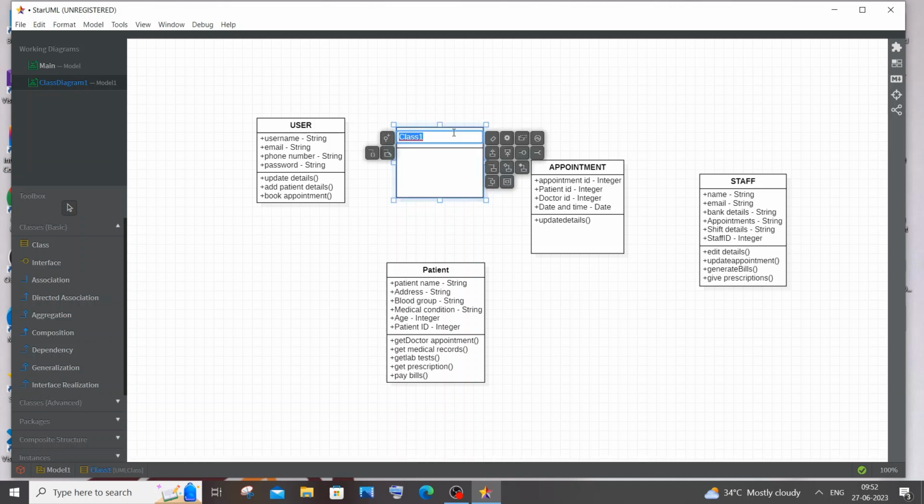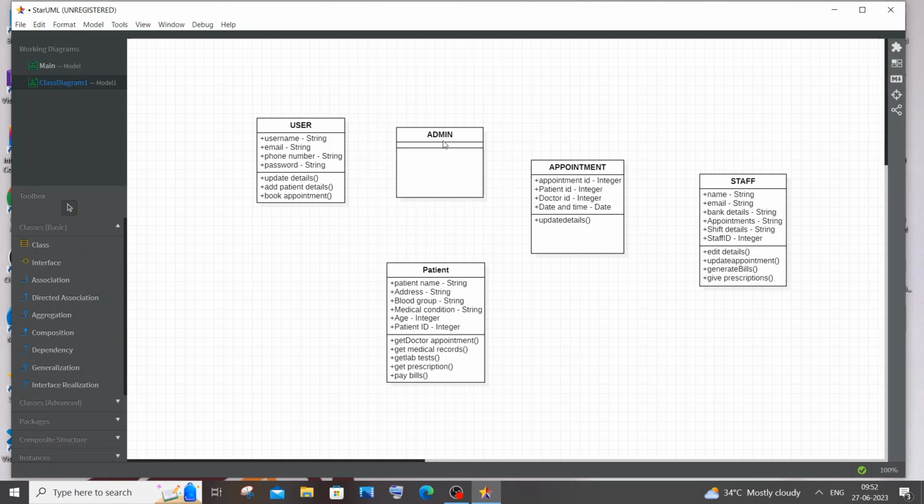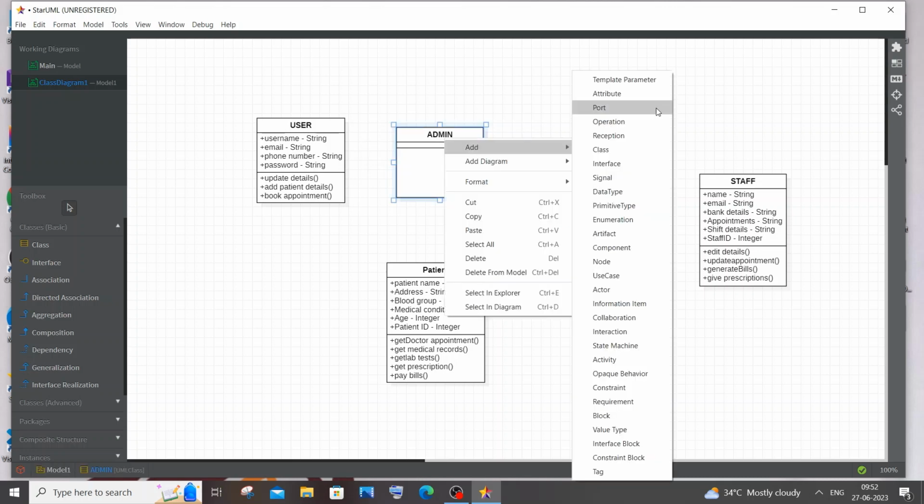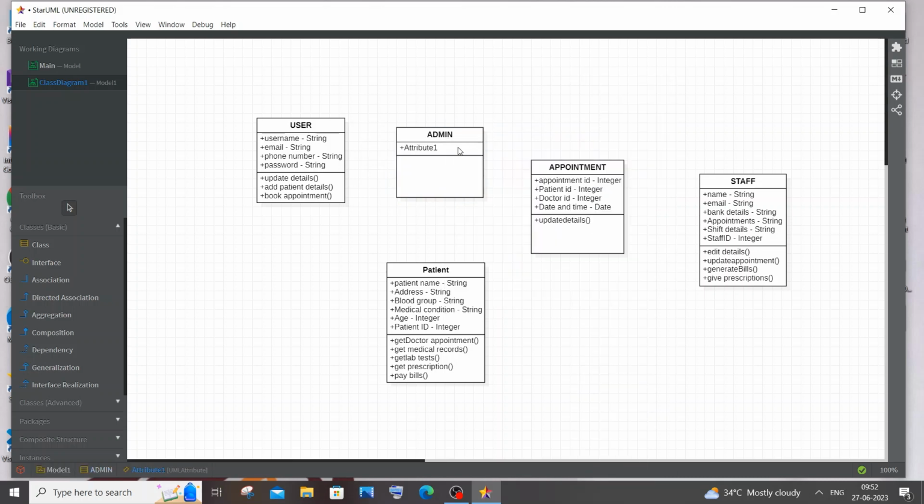So yeah, this also comes under staff, but this particular admin can edit or remove the staff's details itself. So he has more privileges in working with that online system. The admin will also have the same login feature. So, same username, admin ID, you can have it as admin